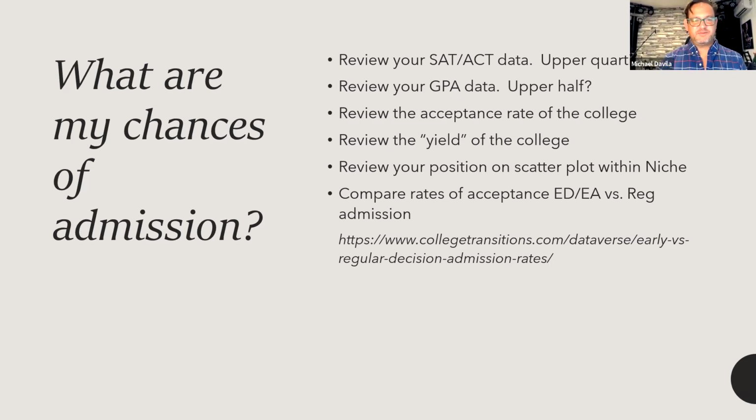We talked about the scatter plot on Niche already. Compare the acceptance rates for ED versus EA. EA is early action versus regular admissions. And the website I have listed here, College Transitions, that group keeps a listing of up-to-date early decision versus early action acceptance rates for many, many popular schools. So a lot of